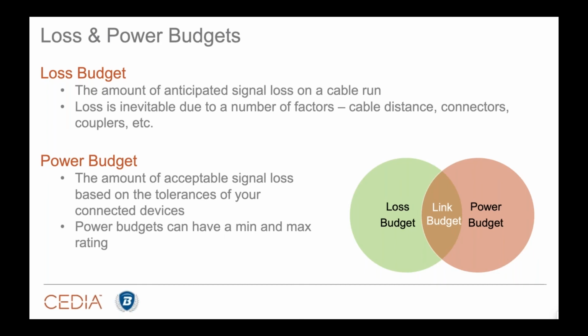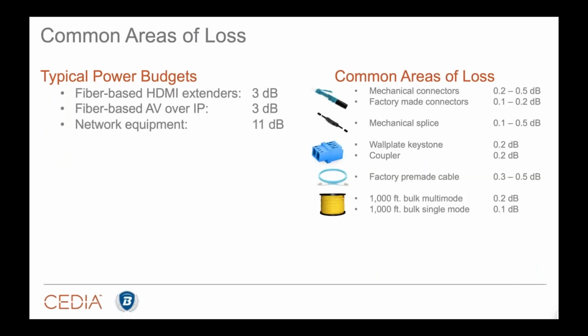We compare that to the power budget. Well, that's how much loss our electronics can tolerate before they don't work anymore. So if we take the anticipated amount of loss and the amount of loss we can tolerate and put those two things together, that is our link budget. And the reason I say that this is